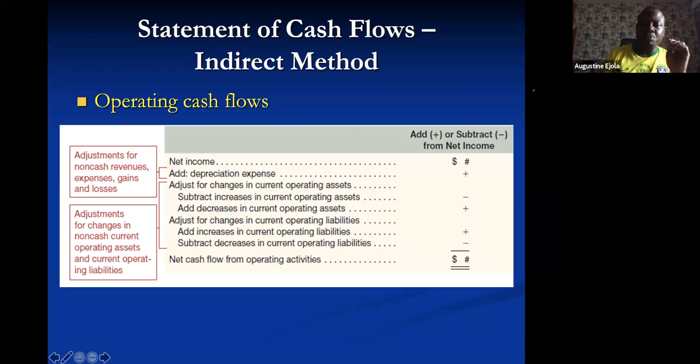In preparing our profit and loss account, because the accounts are not prepared on a cash basis, we have to make adjustments for transactions that do not have anything to do with cash. One of such transactions that do not have anything to do with cash is depreciation and amortization. What do I mean? So